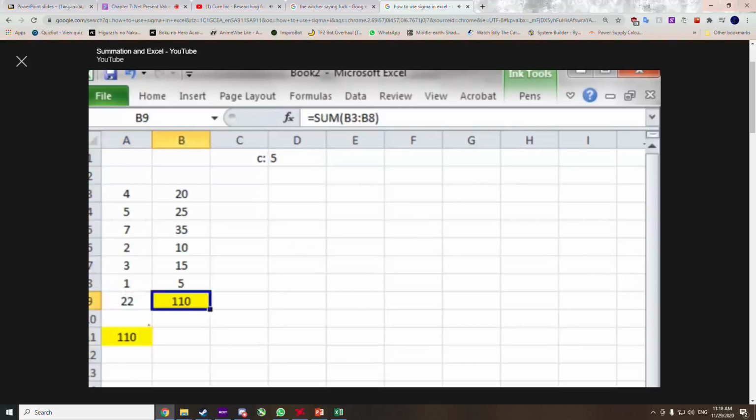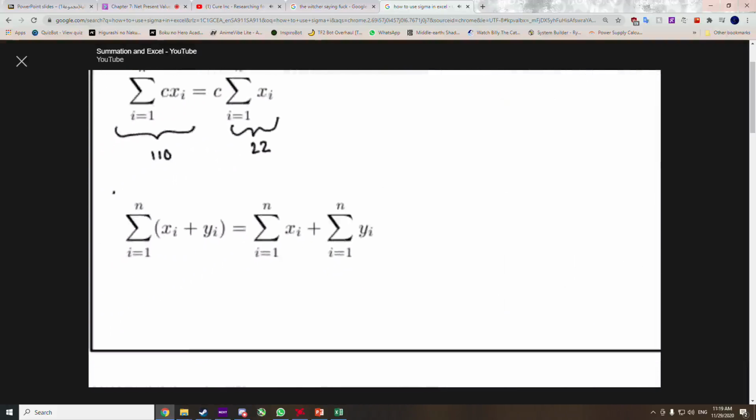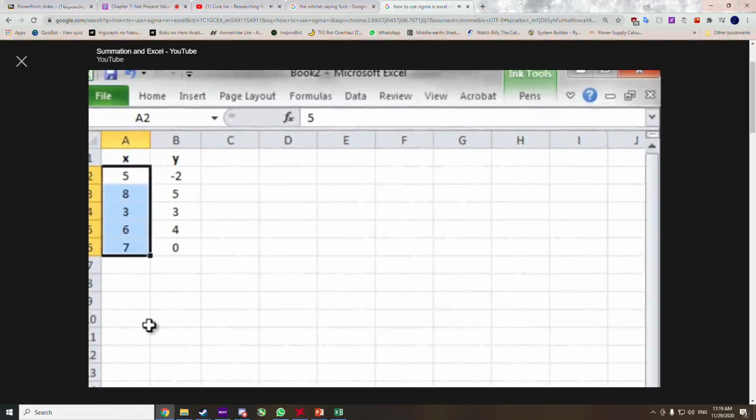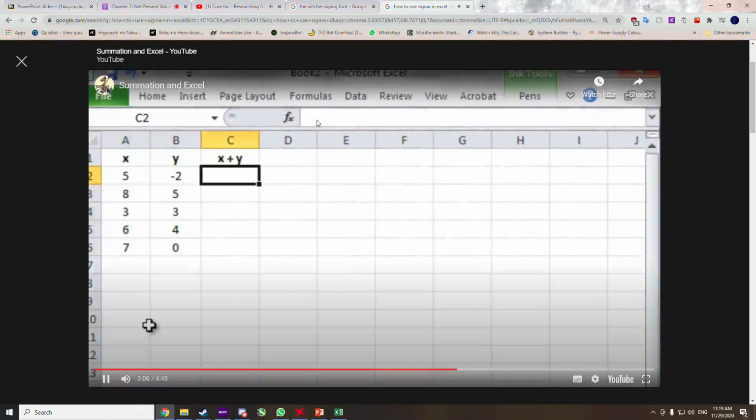So try to convince yourself that these two yellow numbers must always be the same, no matter what constant I pick here, for example, and no matter what numbers I pick here. I can change these numbers to whatever I like, but the two yellow cells are always the same. To illustrate the third rule, the sum of sums, I now have 2 columns of data. I have my X data in the A column and my Y data in the B column. In the C